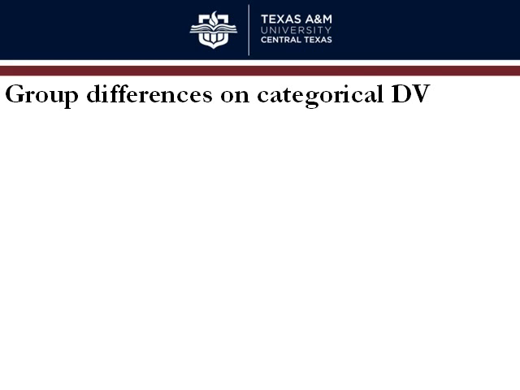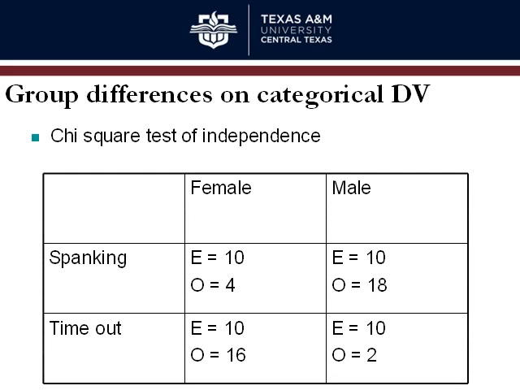Okay, and those were all for if you had an interval, a continuous DV. What if your dependent variable was categorical? Right, so you have a categorical independent variable and a categorical dependent variable, two categorical variables, and you want to know if the value of one depends on the value of the other. Then you could use a chi-square test of independence. Here in this example, the question is, is there a difference between men and women regarding their preferred method of disciplining children? The chi-square compares observed to expected frequencies, where the expected frequencies are based on the absence of a relationship